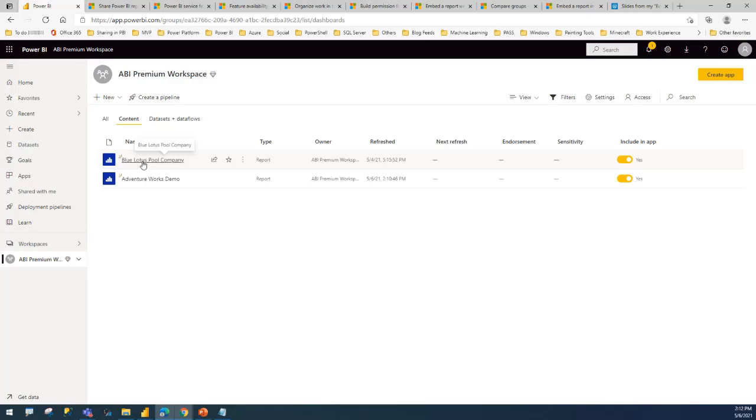All right, now notice something else. Here on the right-hand side, there's a column, Included in app. So by default, everything you publish is marked to be included in the app. The app, which you can create from here, I don't have anything created yet for this workspace, is a way for you to bundle your reports and share them with somebody. Okay. Now, before we get to that,